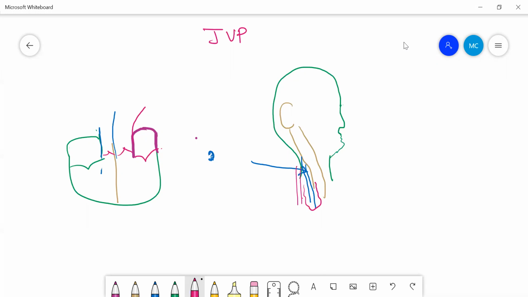Next is, how are we going to measure the jugular venous pressure? For measuring it, we ask the patient to sit at 45 degrees. We make him turn his head to the left, and we notice the pulsations in the right internal jugular vein. As I told you, it is located beneath the sternocleidomastoid muscle, and there we can see the pulsations. What we do is measure the highest point of this jugular pulsation.